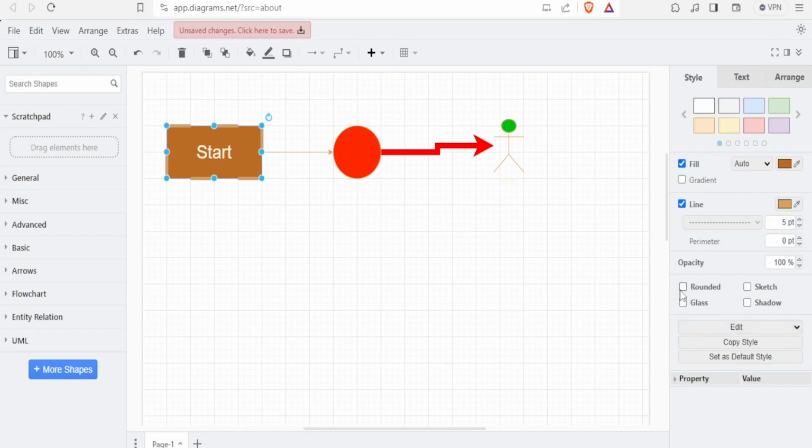You can make those shapes to be either rounded or glass or sketch or shadow. For instance, I want to make it rounded. If I click on rounded, you notice how it looks. Then I can drag this arrow to make it more rounded like that. And then I can also decide on either to make it a sketch this way. I can either make it to have a shadow like that or even make it glass like that. So this is the part where you change all the settings of the shapes that you have added on your